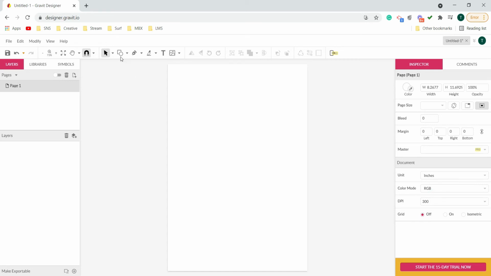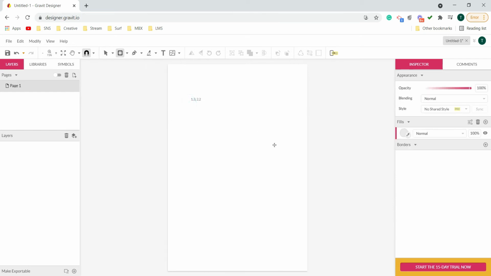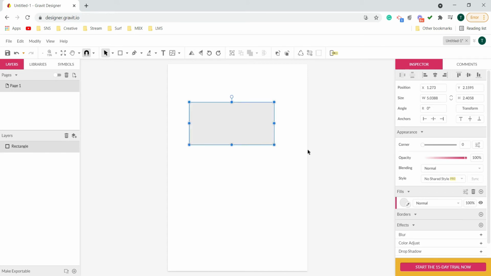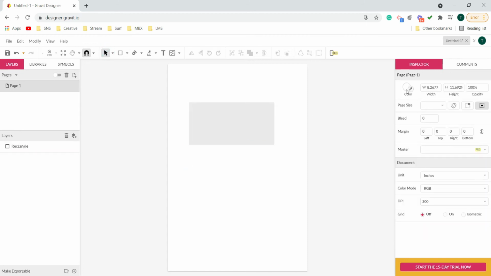Once the unit has been set up, I'll come to the shape tool and I'll choose rectangle, obviously, to create a visiting card. Now let's draw a rectangle like this, and when my rectangle is still selected, I'll come to the inspector panel. This is something important: the inspector panel only shows us the properties of the thing or the tool which is in selection. As of now nothing is selected, or rather I have clicked on the canvas to deselect it, hence it is showing me the properties of the canvas.